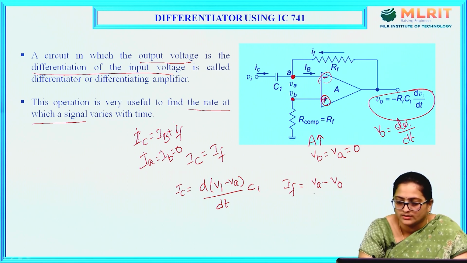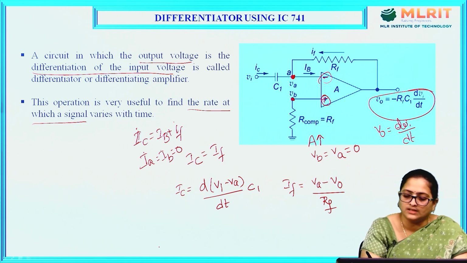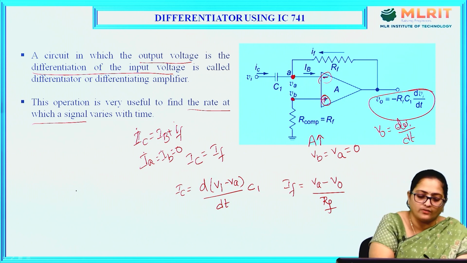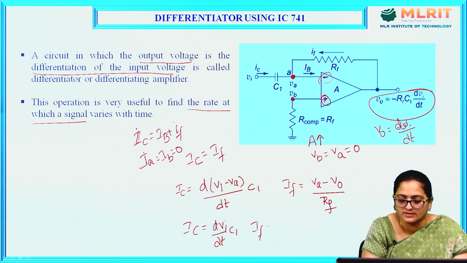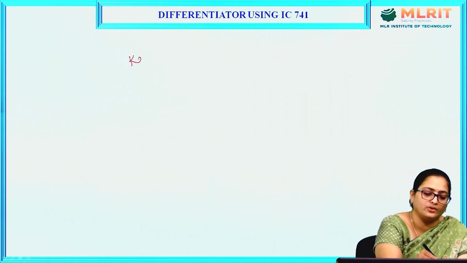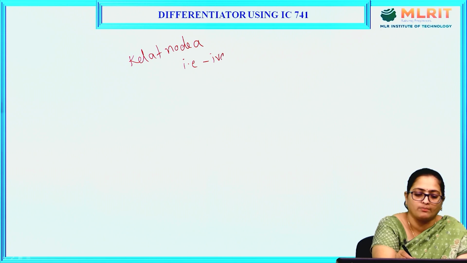V0 divided by RF, Va minus V0 divided by RF. As gain is high, VB is equal to VA is equal to 0. So, you can write IC as C1 into dVi by dt and IF is given as minus V0 by RF. But by applying KCL at node A, that is at the inverting terminal of an op-amp,